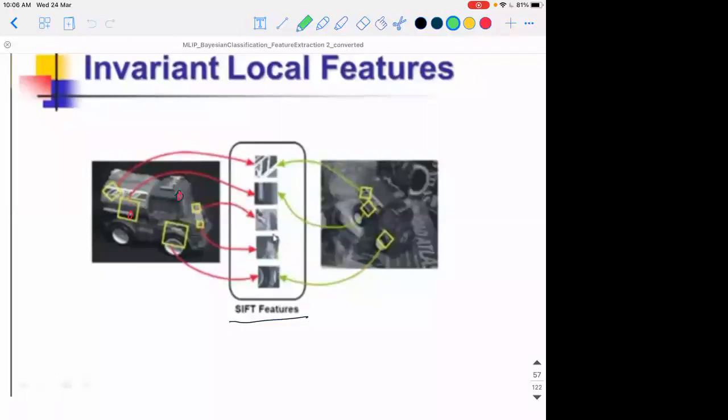Second question, assume that I want to find out if from this image to this image there is some transformation happening. Let it be some affine transformation, in the sense some rotation, some scaling, some translation, and some shear as well. That means x and y directions may be stretched in different ways. So some such transformations happen from image 1 to image 2. First of all, I want to know whether they are same class or not, and then if they are same, I want to find out the transformation.